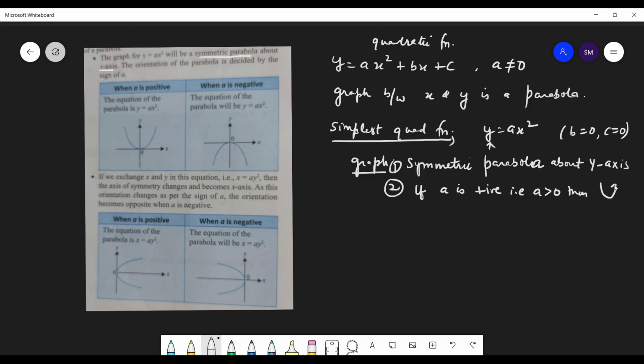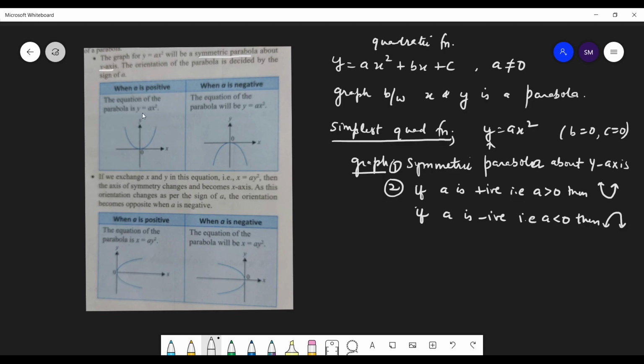Okay, and if a, students, write it down, very important notes, means a less than 0, then you will get a downward parabola. This you will need in physics. These are the basics that you need. You will have only two kinds of graphs basically, quadratic and linear. Linear we know very well, but these quadratic graphs we need to know. There will be graphs of other trigonometric functions and some other functions, but these two will be very prominent.